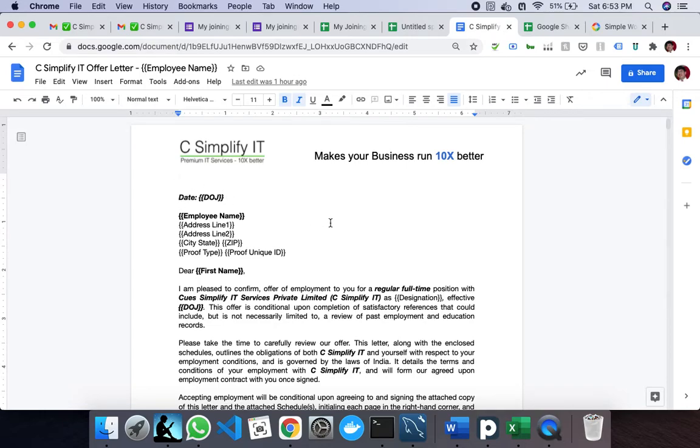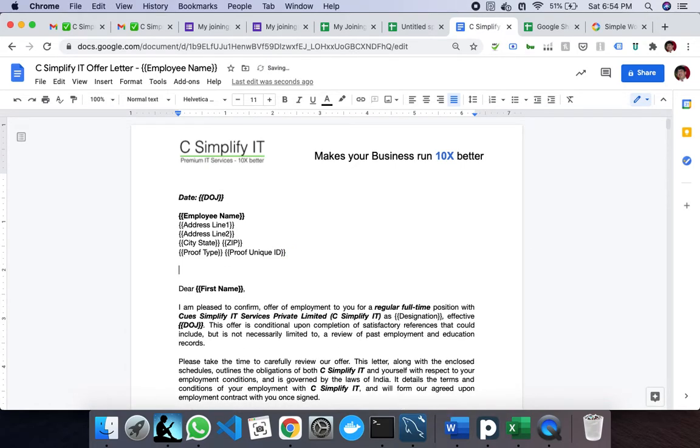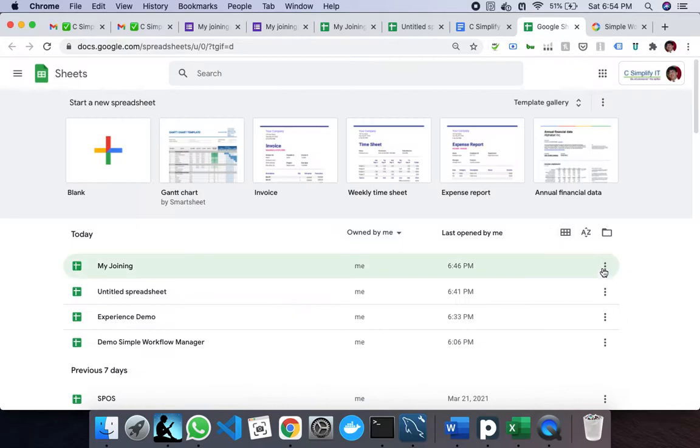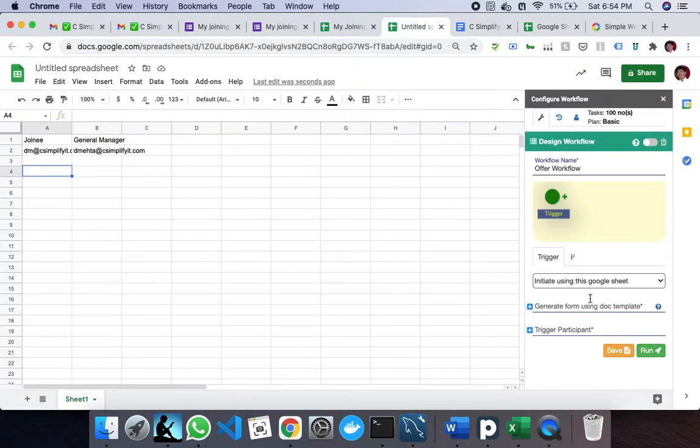Once I have created this template and I have saved, let's say I add one more field real quick. Let's say I wish to capture your gender or whatever. I have saved this gender in double curly brackets,